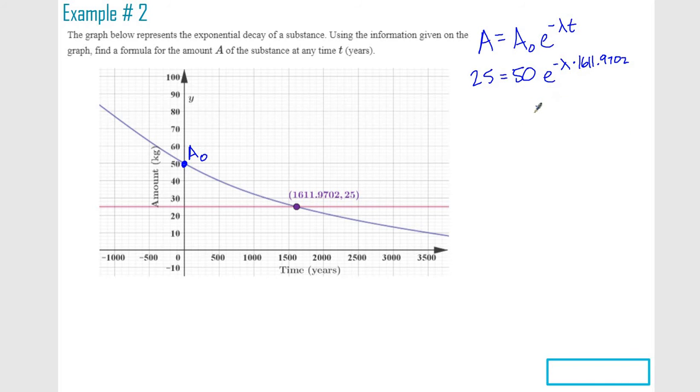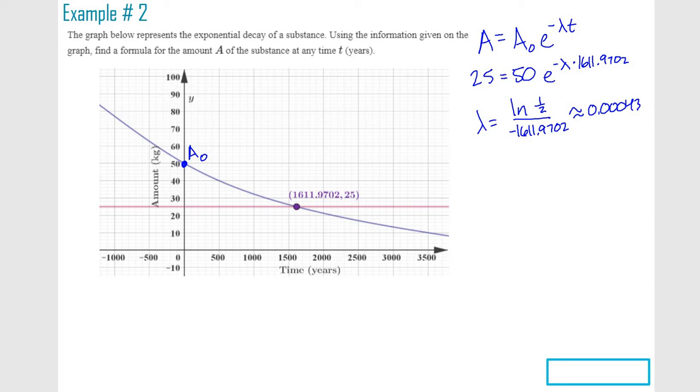And then here you can just solve for lambda. Okay, which I believe if you work this out, it's the natural log of 1/2 all over negative 1611.9702. Okay, and that means you should get